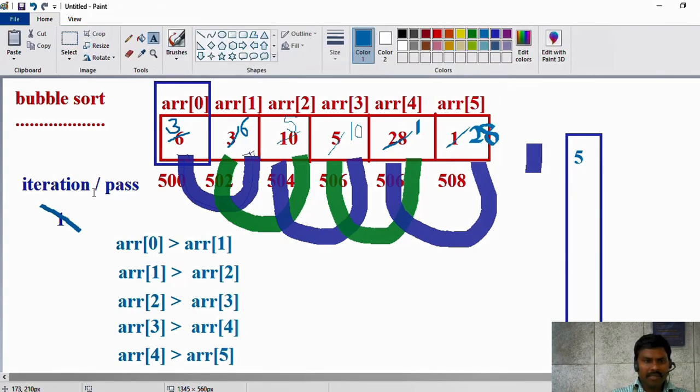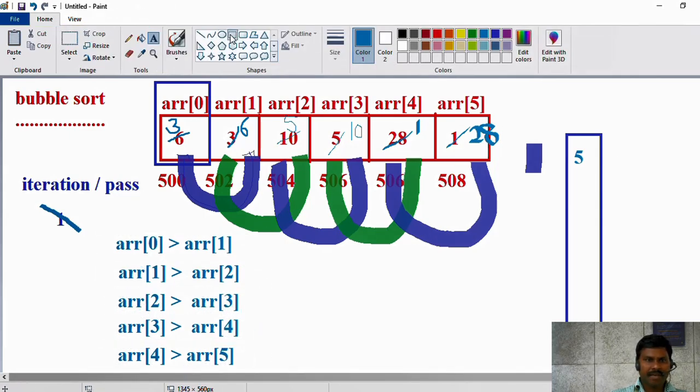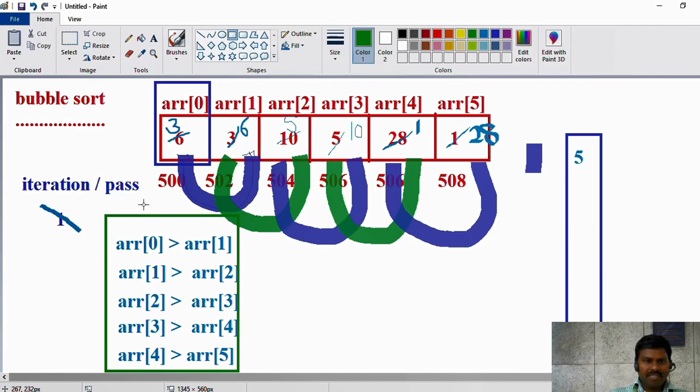Now in this first iteration, or first pass, how many comparisons in total? This is 1, 2, 3, 4, 5. Total 5 comparisons are there. After completion of the first pass, the elements are in this position: this one is 5, this one is 10, 1, 28, 3, 6. Next, in second pass, in iteration 2,